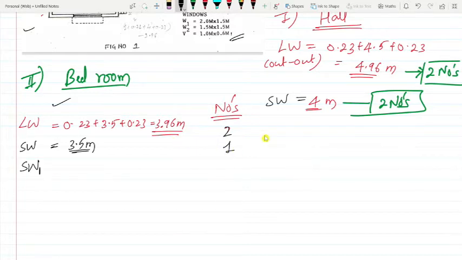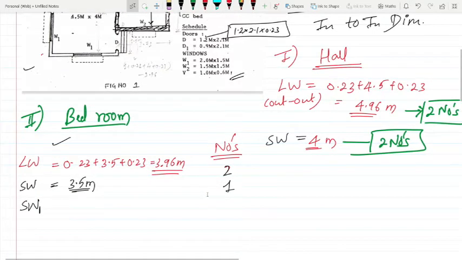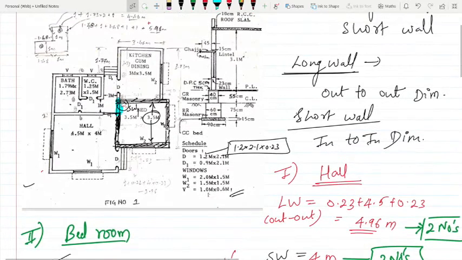Short wall actually would be two, but since we have already taken this much portion into consideration during the hall calculation, SW1 is the one I have marked here in blue. This portion is called SW1. So how will I get that SW1?